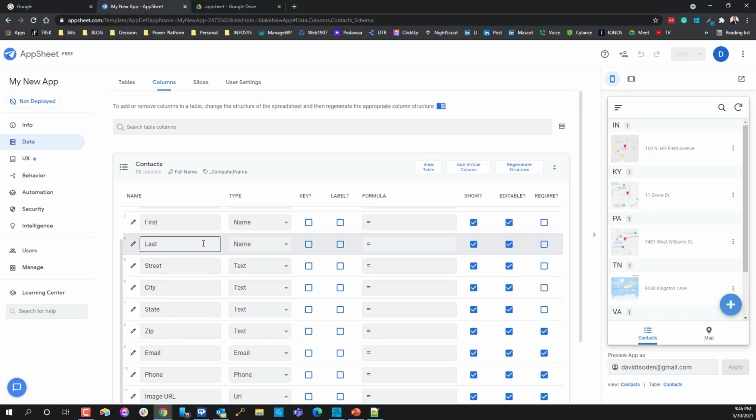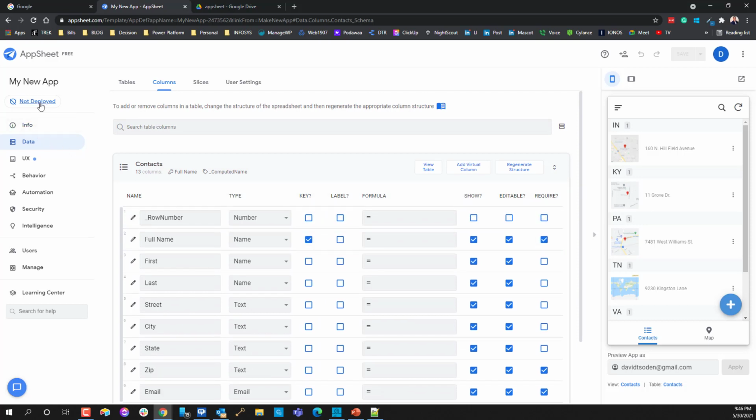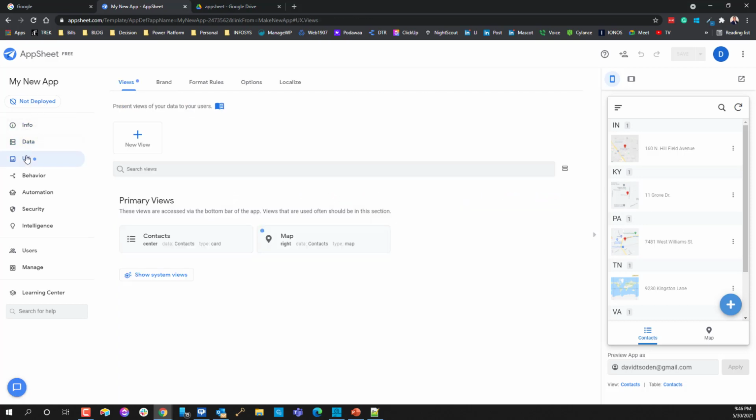But in any event, what we're going to do is go over here to the user experience, or UX, and we see that this is what drives our app. Now, they have a concept called a view. In the Power Platform, in Canvas apps, they call it a screen. So again, each platform has its own nomenclature and nuances, but screens or views are pretty much all relatively the same. So in this example, what we have is two screens or two views: one for context,